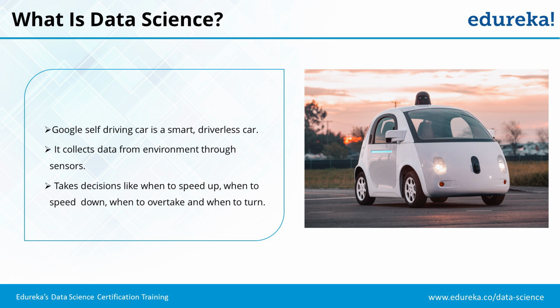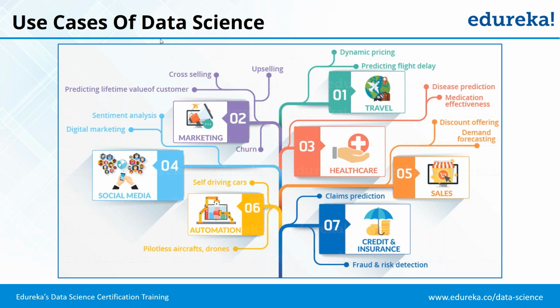And we were able to discuss quite a few use cases already. And I would just take a few of these from travel, let's say. So in travel, it is very widely used nowadays for predicting flight delays. So there is a site in the US that collects the data for all commercial flights. It is publicly available. I don't remember the name of that site, but it has data from 1986 till date of all the commercial flights that have taken place in the USA. And based on all of those flights' data, it can actually be predicted which are more reliable flights and which are more likely to have delays.